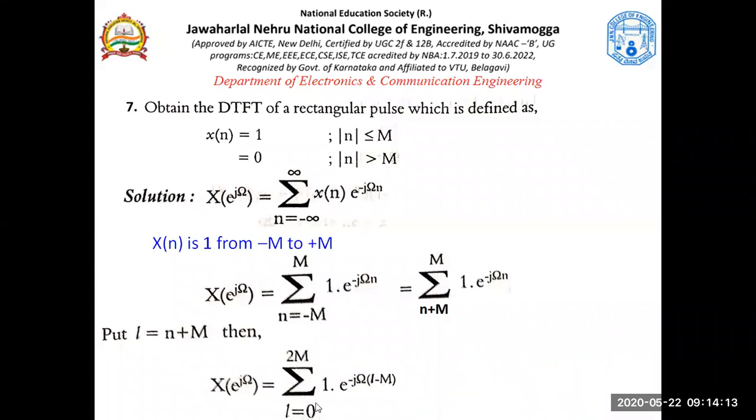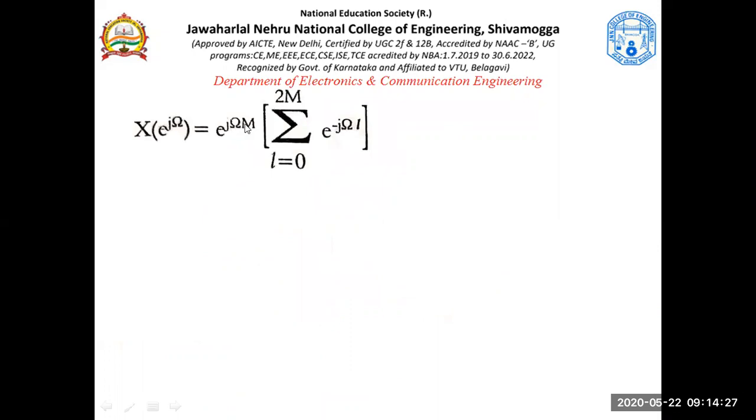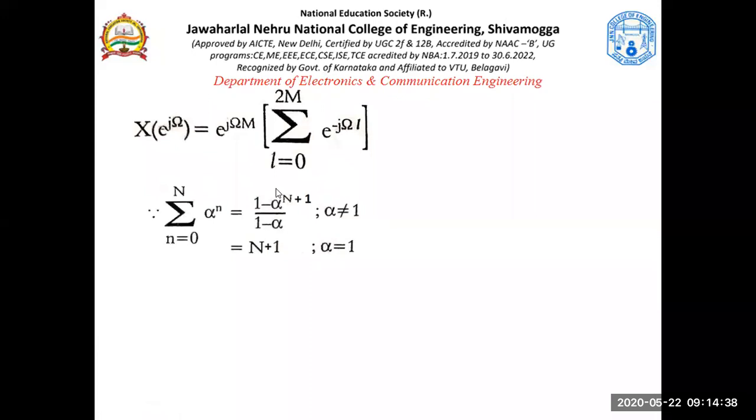Fine. So now it is in standard form. Which standard form is it? See here. You just arrange this properly. So L is running, right? The exponential having m has got nothing to do with it. So bring that exponential out, which is not a function of L, and keep the function of L inside the summation. Now this summation is in the standard form. What is that standard form? See here, this is the standard form.